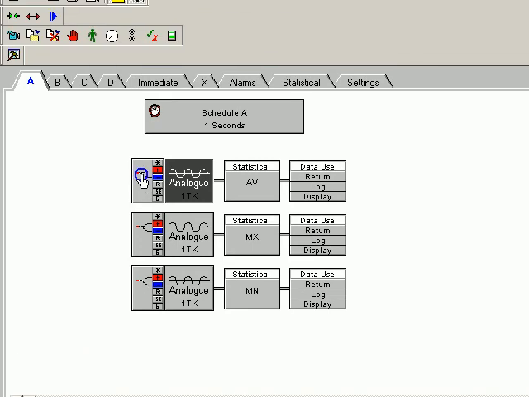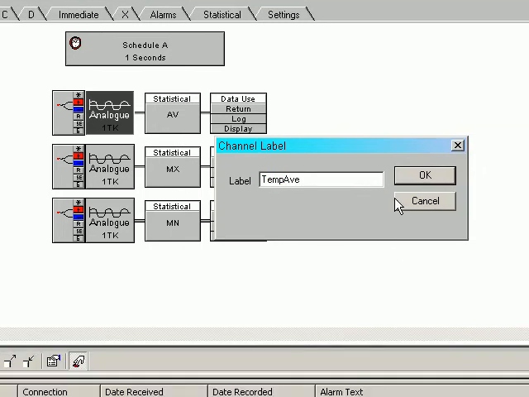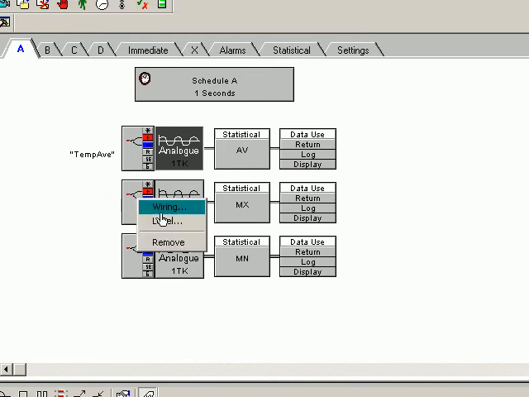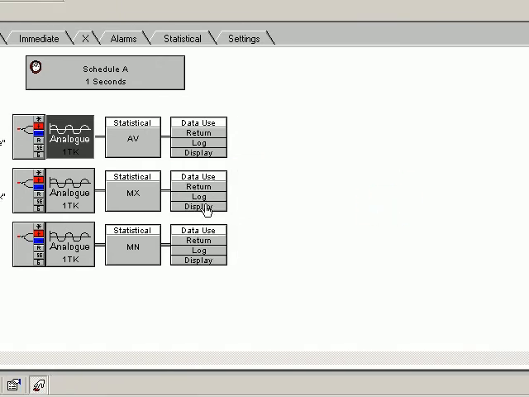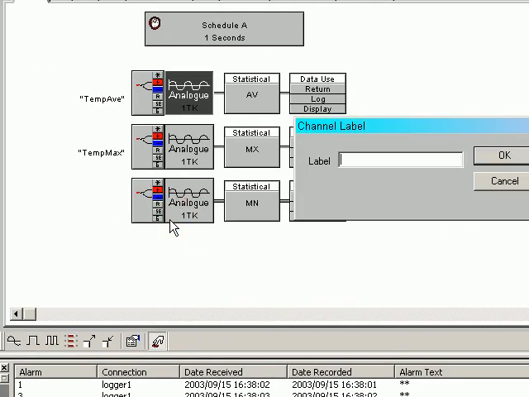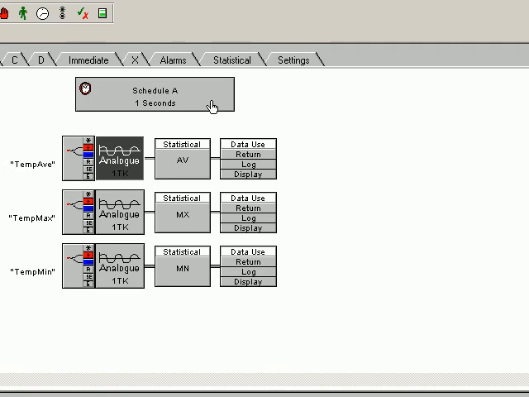Now we need to label these. I right click, label, this is temp average, temp average, right click here, temp max, right click, temp min, click OK. Now we want to take those maximum, minimum, average every 15 seconds, so we need to